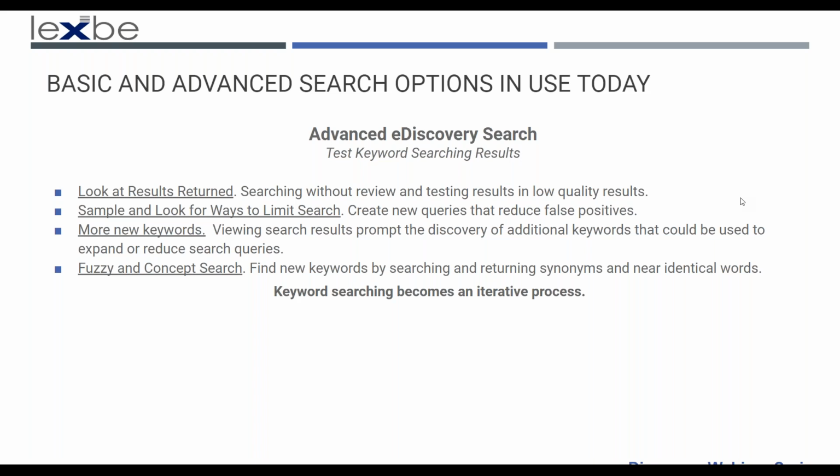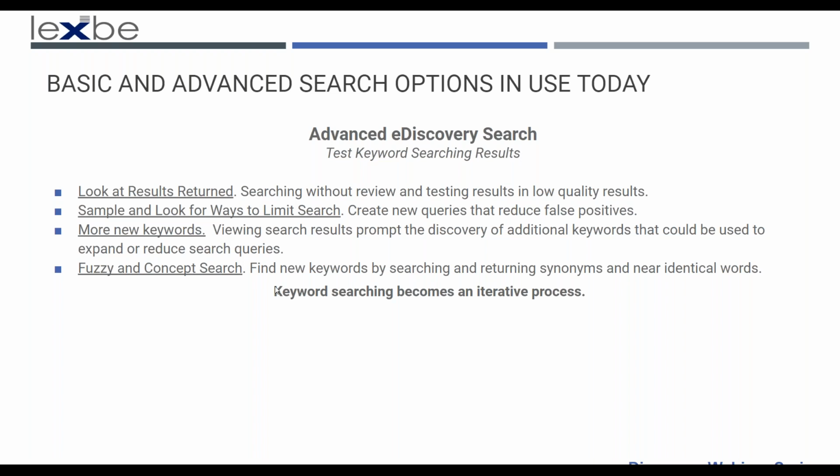The fuzzy search, again, is taking into account any misspellings that may have occurred in your documents. And then the concept search will help you find synonymous words. So when I talked earlier about looking for the word contract and they're calling it agreement, if you search for the word agreement, it's going to find many of the synonyms of agreement. So one of those would likely be contract. So that will help you flesh out the company jargon or the colloquial way that your custodians are speaking to each other.